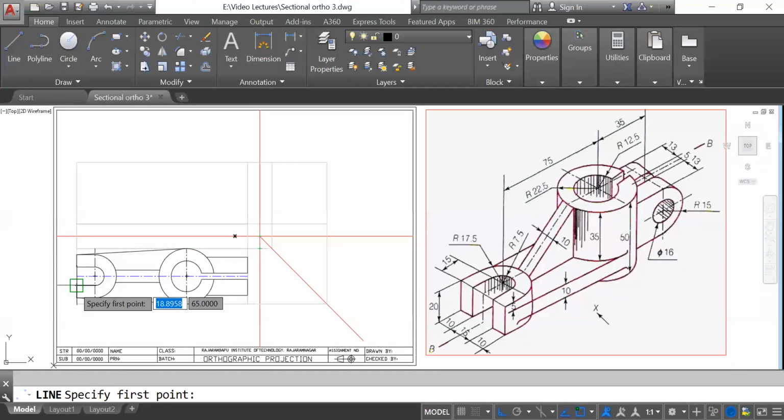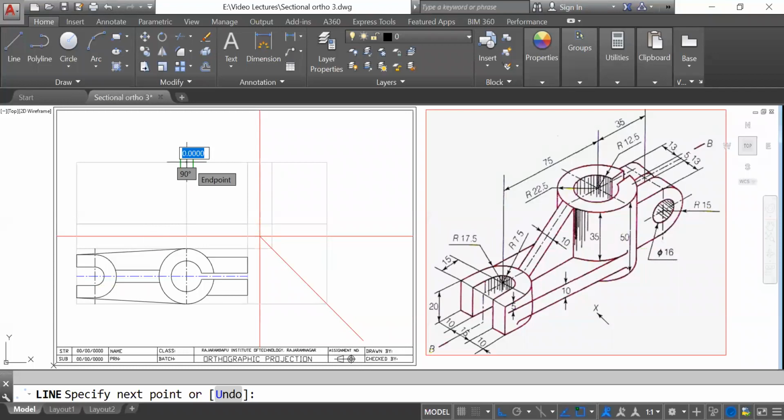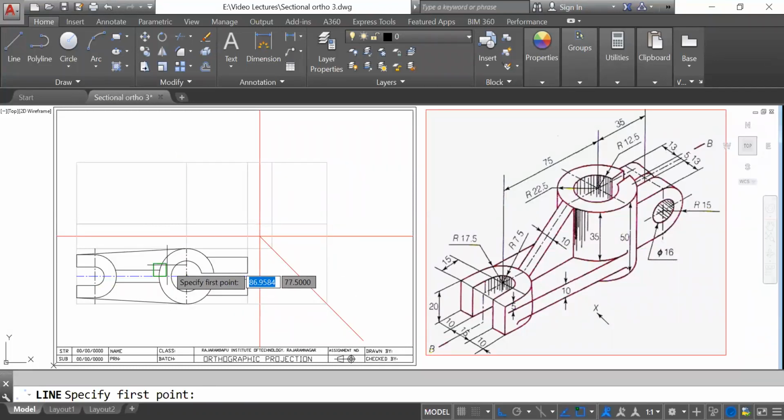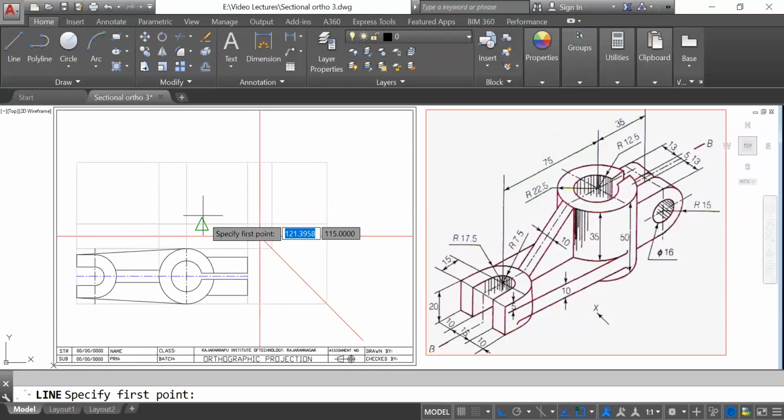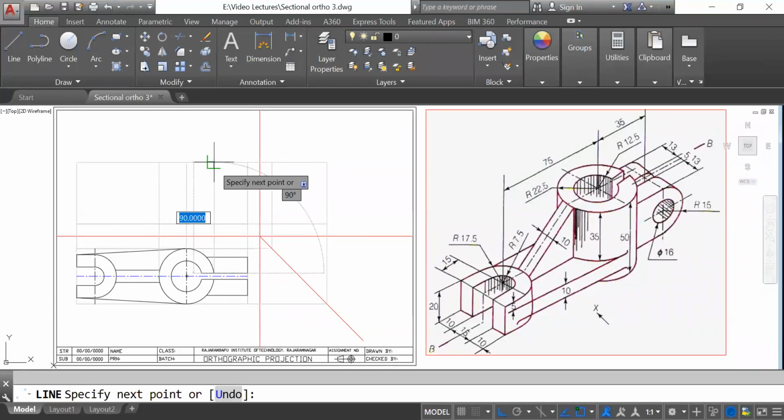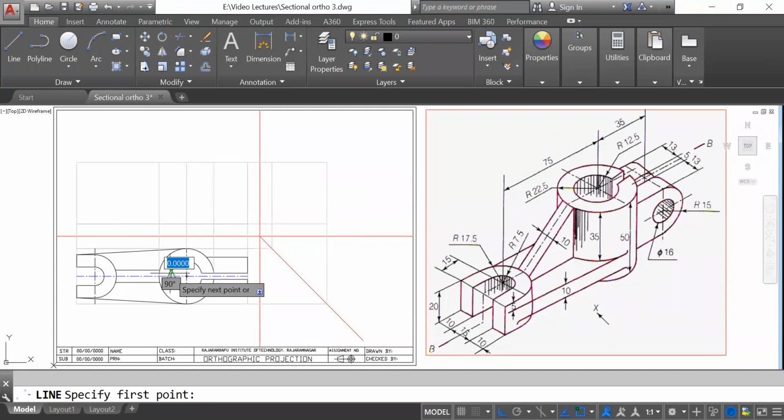Now start with this projection, then the cylinder, then this one, the inner circle. Okay. Now I'll start with this part only.